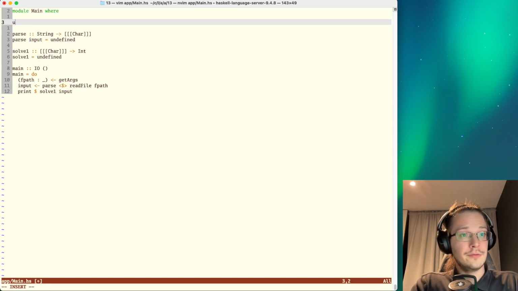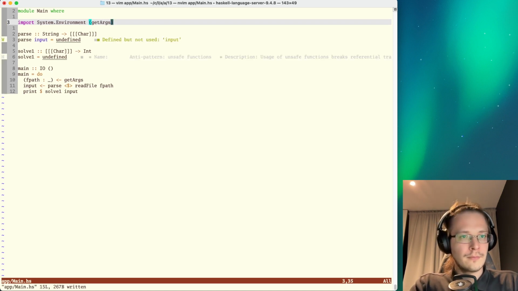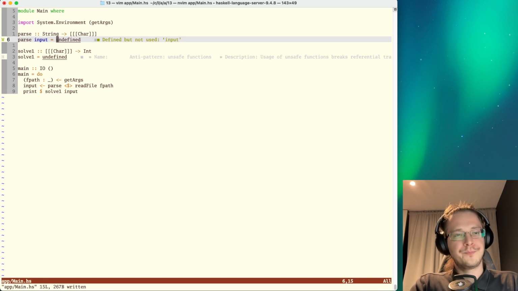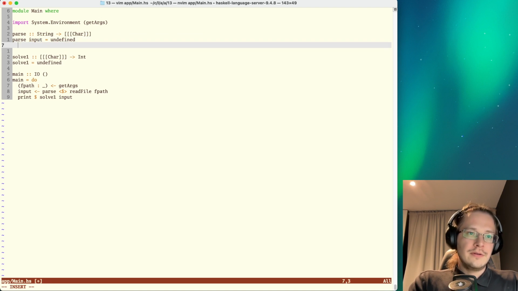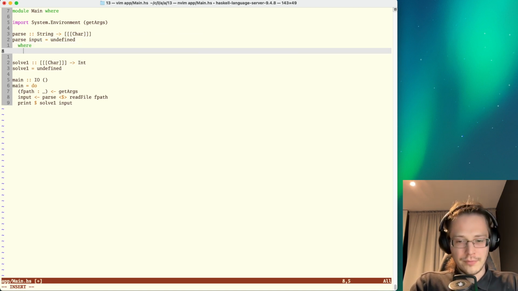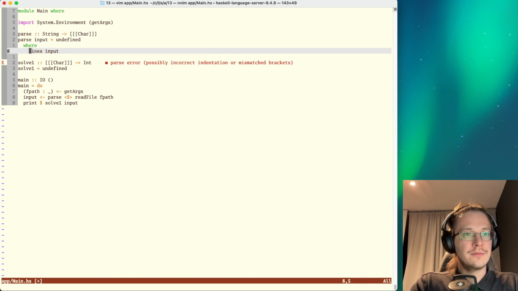So let's also import getArgs. And now let's parse. So first of all, it's still undefined. So the lines. I can split the input into lines and then